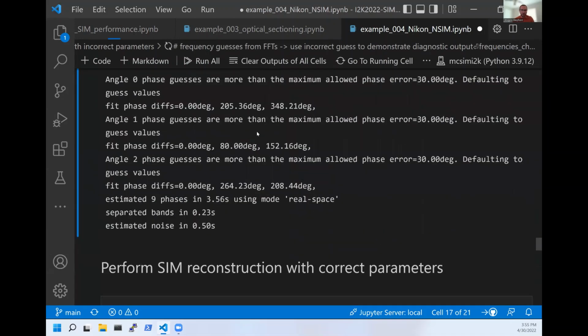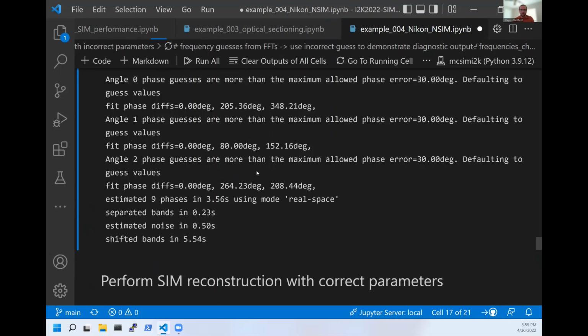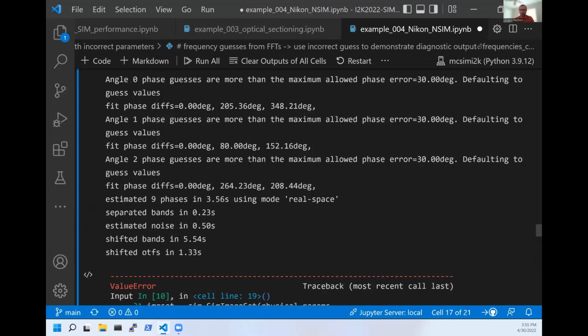So again, now you see we have phase errors again. We also have frequency peak errors, and it's going to crash, and we won't get a good reconstruction. There are times in which it will find enough information to attempt a reconstruction, and then the reconstruction should look very off, and you also should be able to tell from those diagnostic plots that things are not being recombined correctly. And so typically this will show up as striped noise or striped versions of the image, or just really weird, very strange looking SIM reconstructions that aren't the typical noise artifacts that we discussed